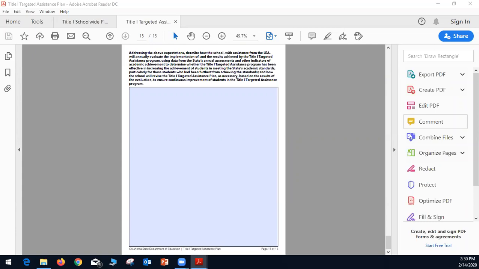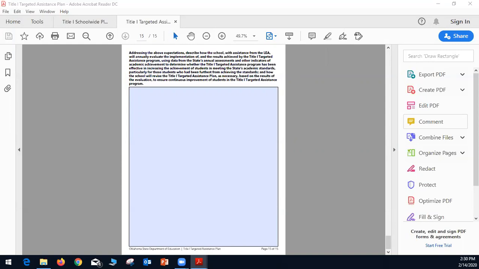Another question, if separate from the school-wide plan, is there a template or preferred format for the annual needs assessment or for the annual program review? The answer is no, we do not have a preferred comprehensive needs assessment form. So you will be welcome to use your own format.